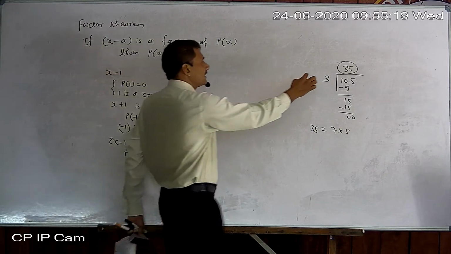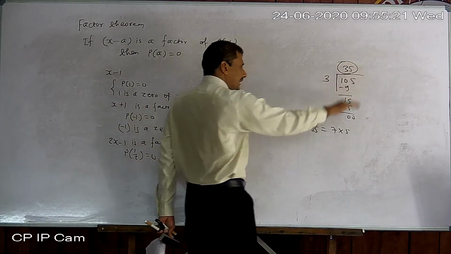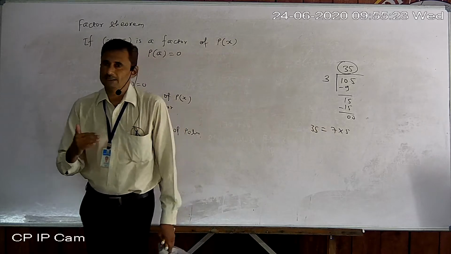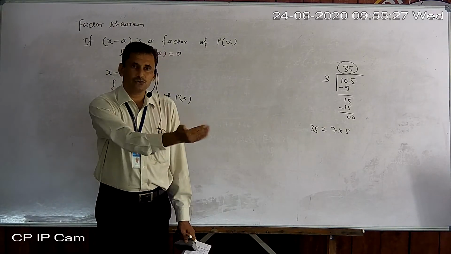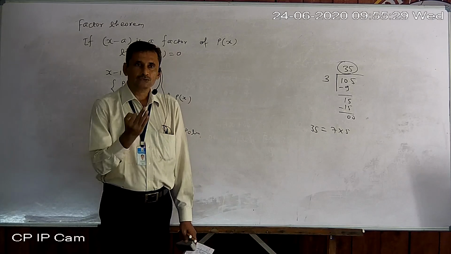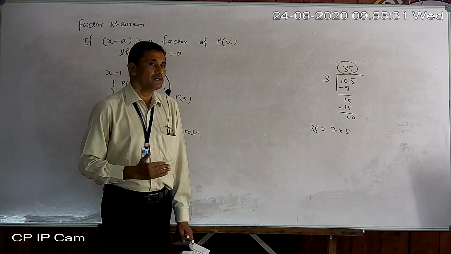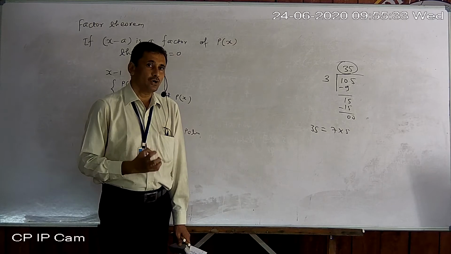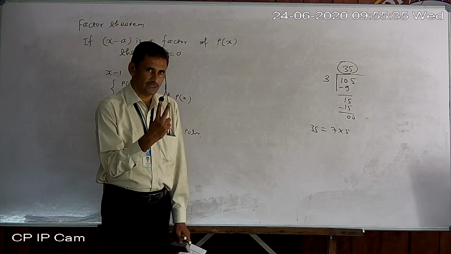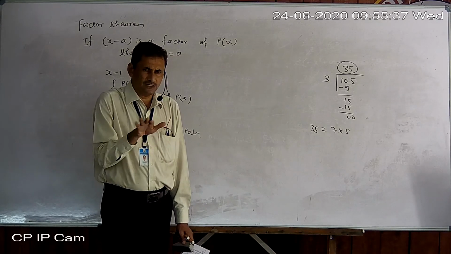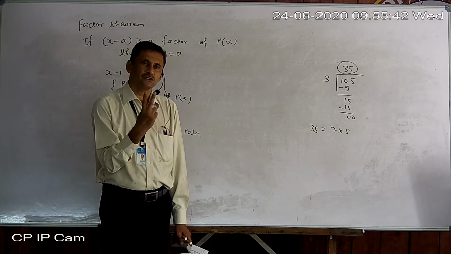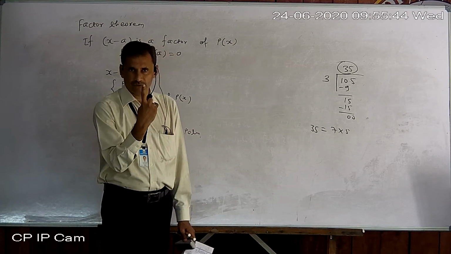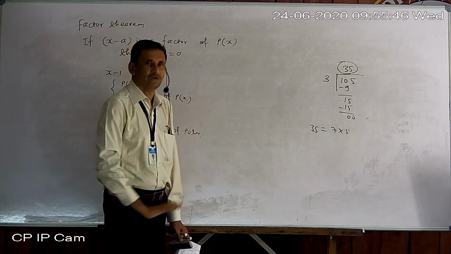So we will get a quadratic polynomial as the quotient, and then we will factorize it and find the remaining 2 zeros also. Okay, so that is the matter. Now in our textbook there is a biquadratic polynomial and 2 zeros are given. That is mostly one rule. If biquadratic is there, raised to 4, 2 zeros are given. If cubic is there, 1 zero will be given. The remaining 2 we have to find.